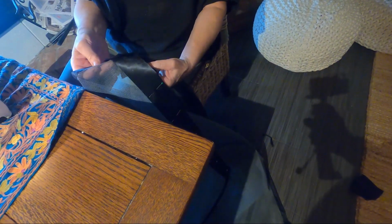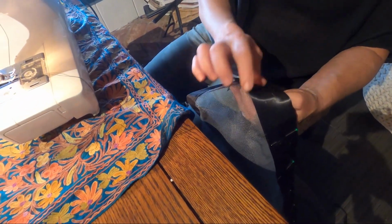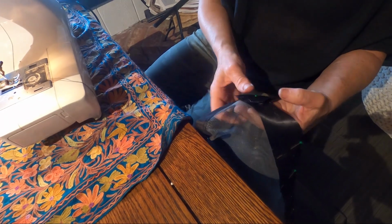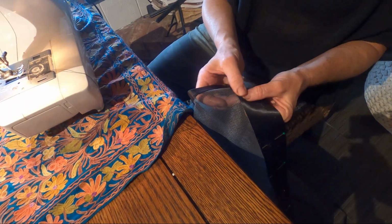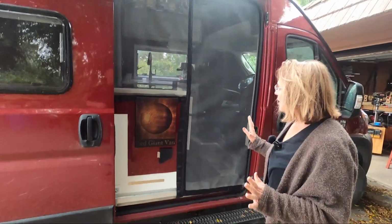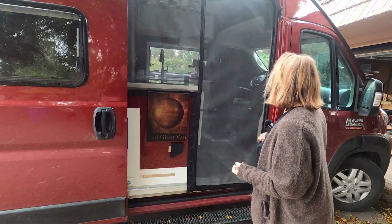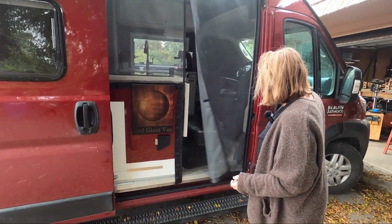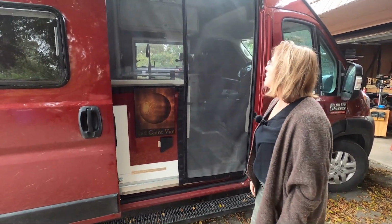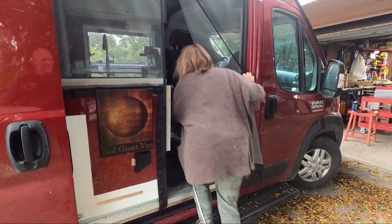For this edge here, I simply split the material so that I could put it up and over, and I did the same thing so that it has a clean edge going down. Okay, so it's all done, and it looks pretty good if I do say so myself, and it opens and closes real easy and nice. So we just open this, go inside,